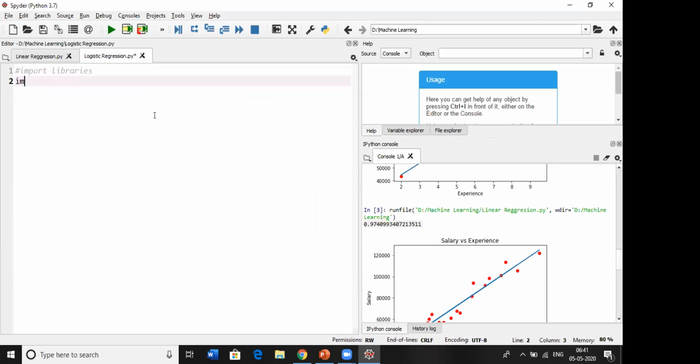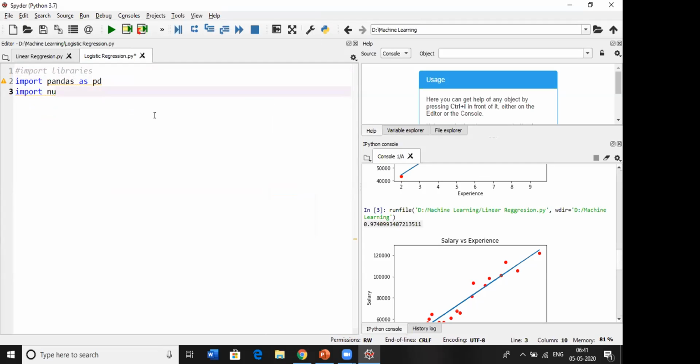One is pandas for reading the files and creating the data sets, and one more library, NumPy.